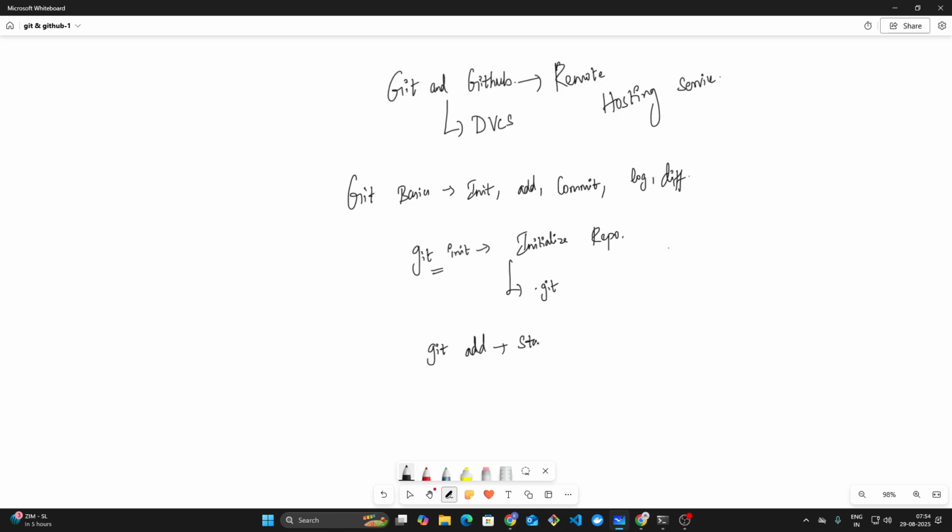What will it do? It will stage your files. What is staging files? For example, consider you are working in a project, and the folder name is git demo. Inside that you are creating two files, text1.txt and text2.txt. Okay, this is what we call the working directory. If you want to move your changes from the working directory to the staging area, you have to do git add